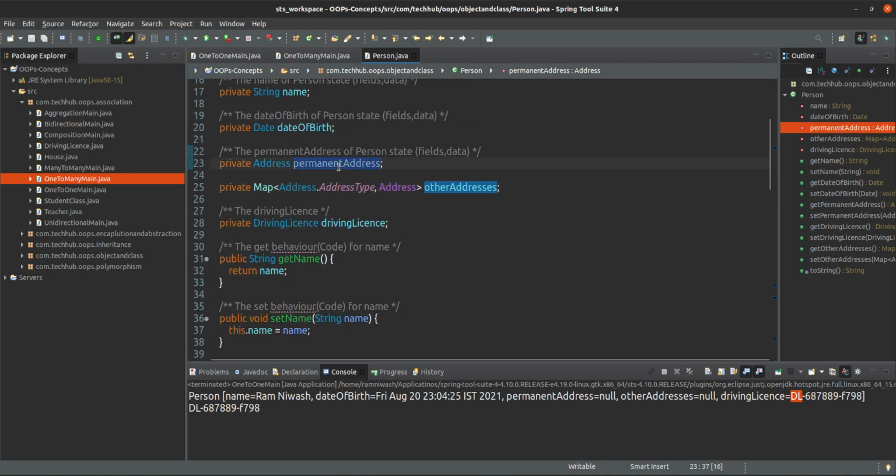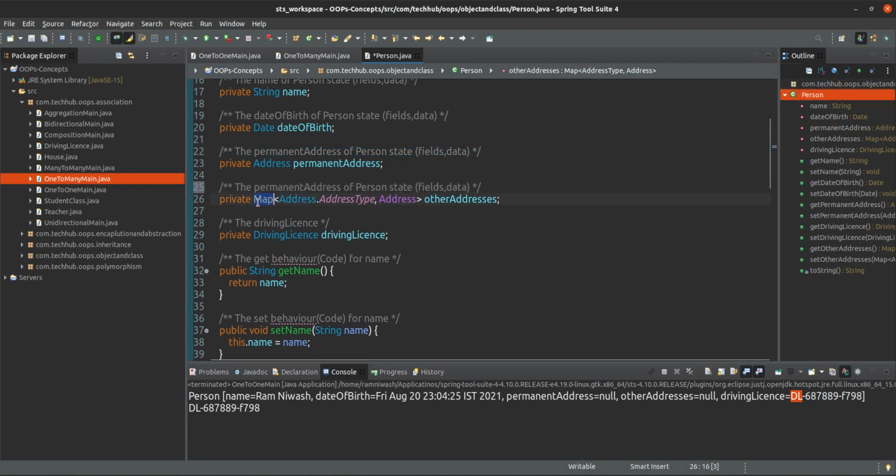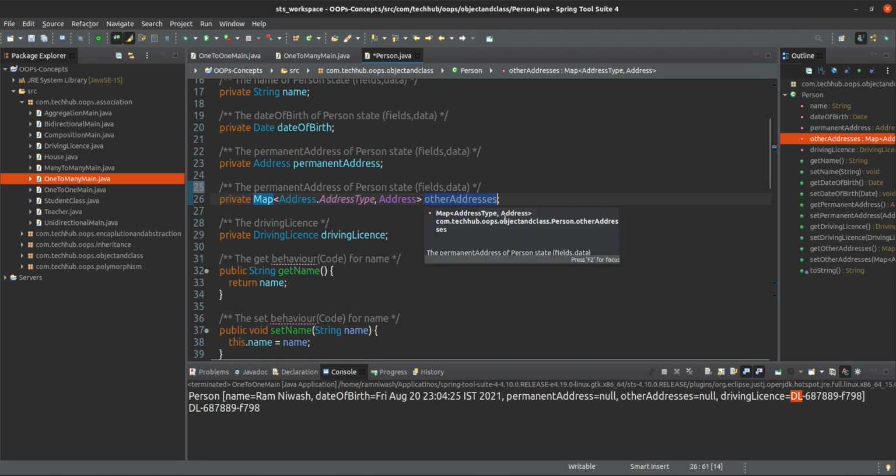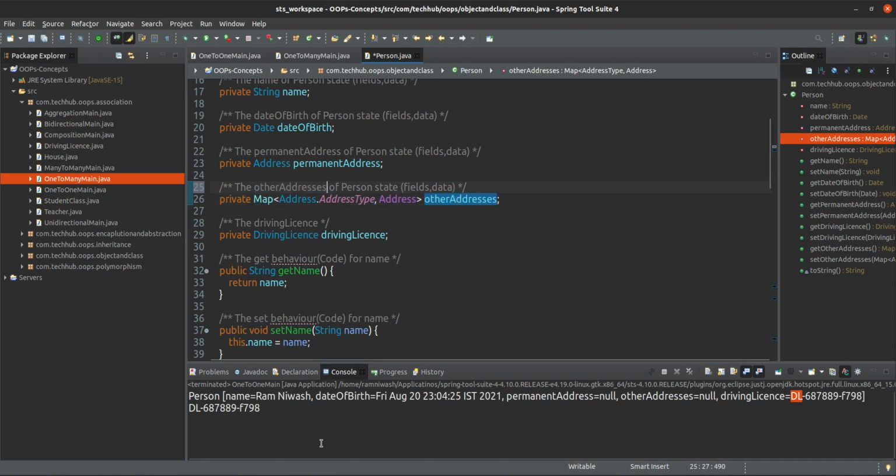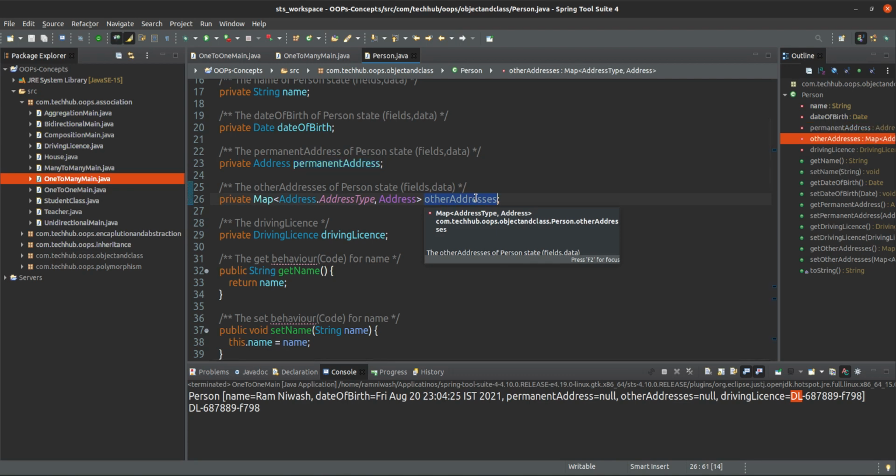Permanent address reference is another reference that we have given, and we have given another map type field called other address, meaning other than permanent, which can be current address or temporary addresses. Or you can set a permanent address also, no issue.